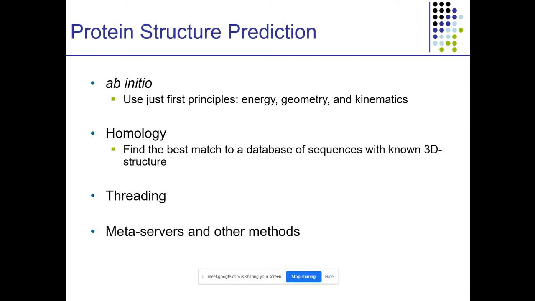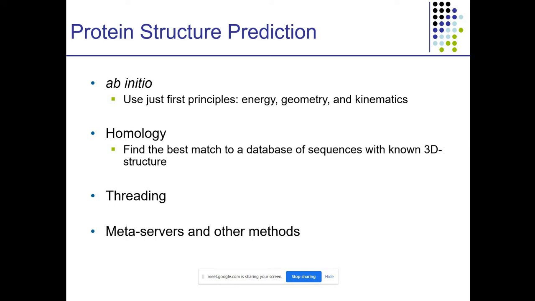For a sequence that is similar to sequences already stored in the databases, if there is sequence identity, then the structure of the existing protein is used to model the new sequence.